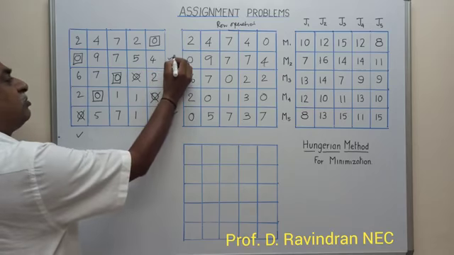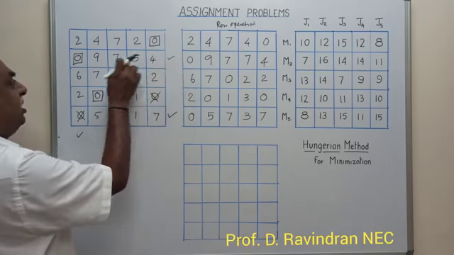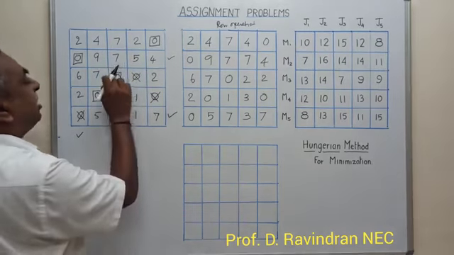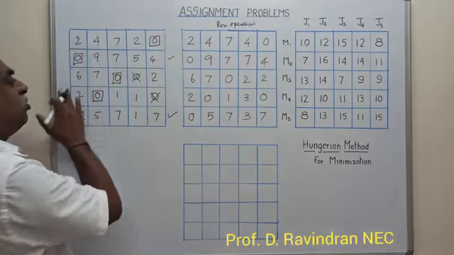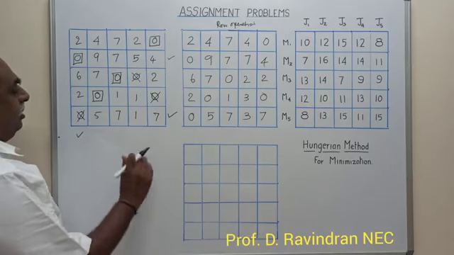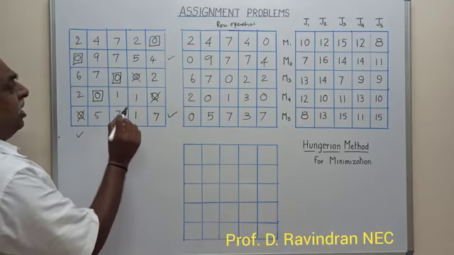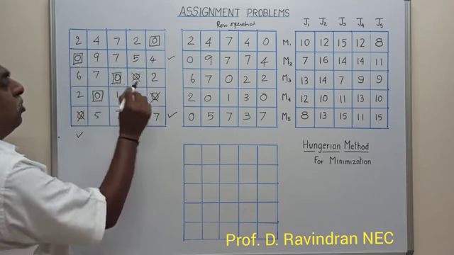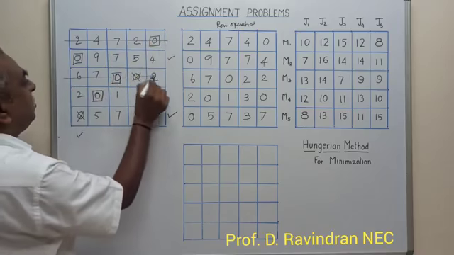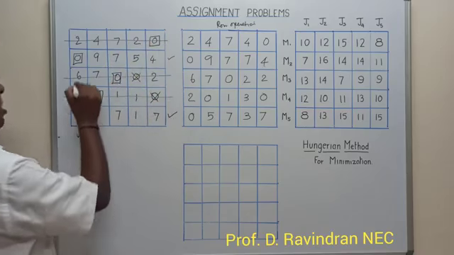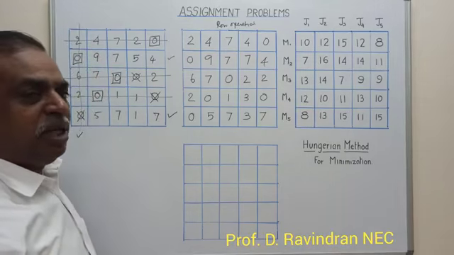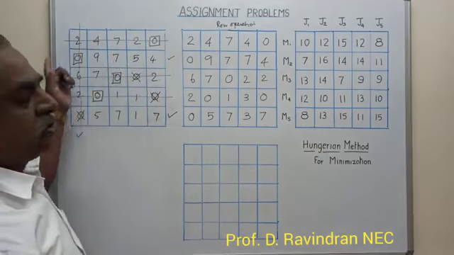After marking this one, this becomes a new marked row. In this, if there are any other zeros, we have to mark the corresponding column. After marking that, if there is an assignment, we can mark the corresponding row. Unfortunately, there is no more marking we can make in this resultant table. Now we can draw a line through unmarked rows and marked columns. This is an unmarked row, this, and this, and the marked column. This is how we cover all the zeros with the minimum number of lines.